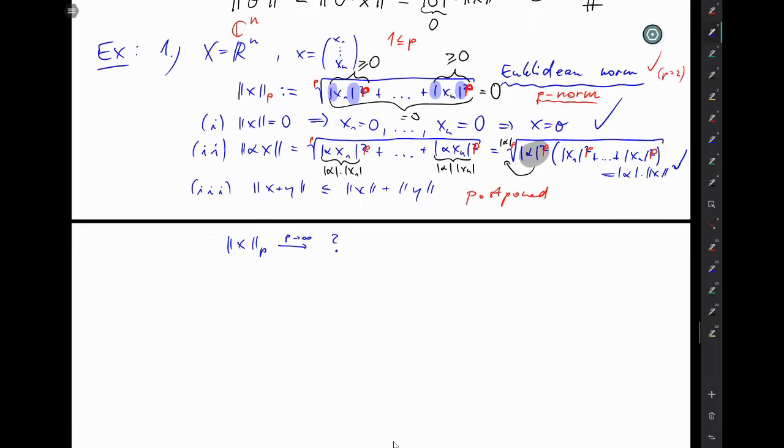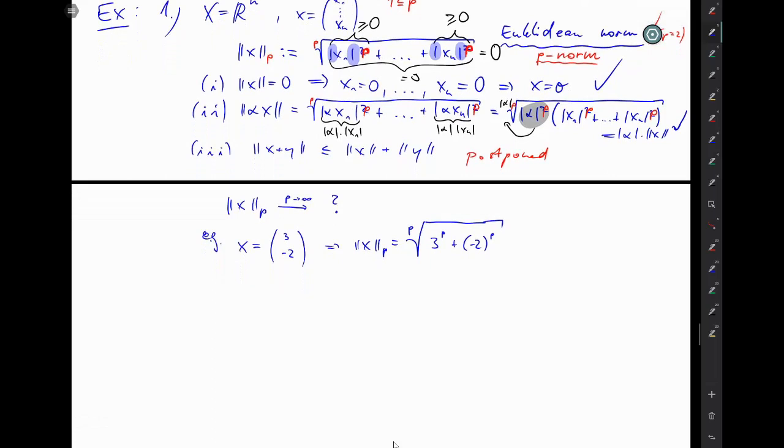Let's try this for one vector. Let me say just a 2D vector where we have, I don't know, 3 and -2 as the entries. Then what is the p norm? Well, the p norm of x is just the pth root of 3 to the power p plus -2 to the power p. And to see where this is going as p goes to infinity,